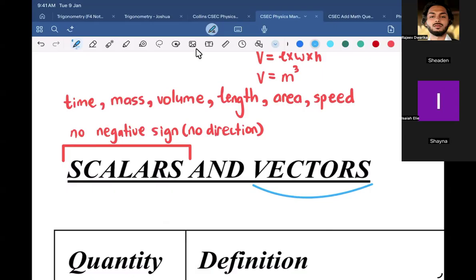So, Sheena, I believe Isaiah would have said an example, like temperature. You could say 5 degrees Celsius, you could say 0 degrees Celsius, and then you could say negative 5 degrees Celsius. Yes, sir. Yeah, so that's an example of direction, right? Imagine you have a thermometer. You could either go in this direction or you could move down. So temperature,